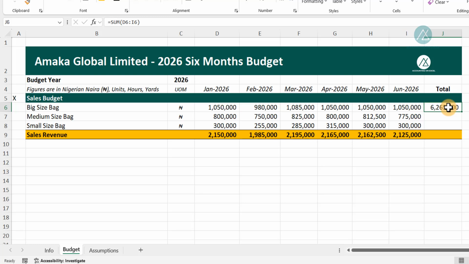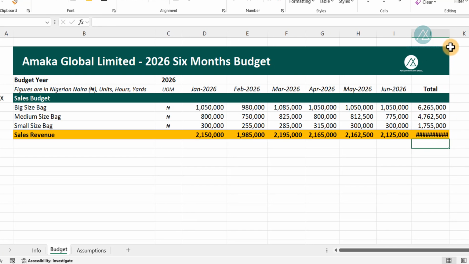So you can now copy this and paste over here. The same thing here. Good. So we have our sales budget ready. So this is how you prepare your sales budget in Excel.